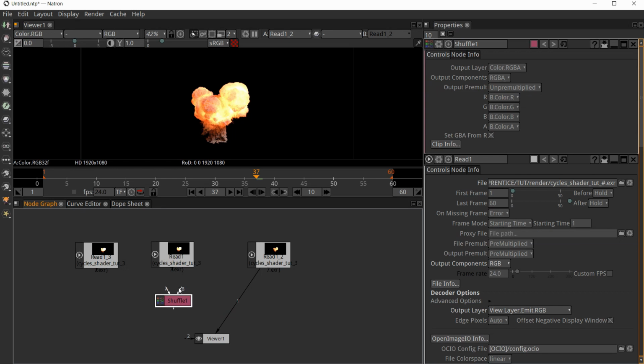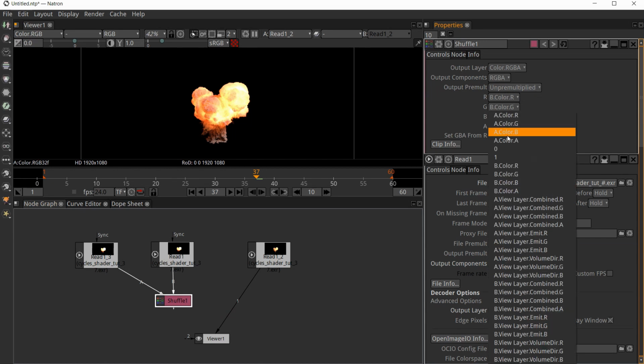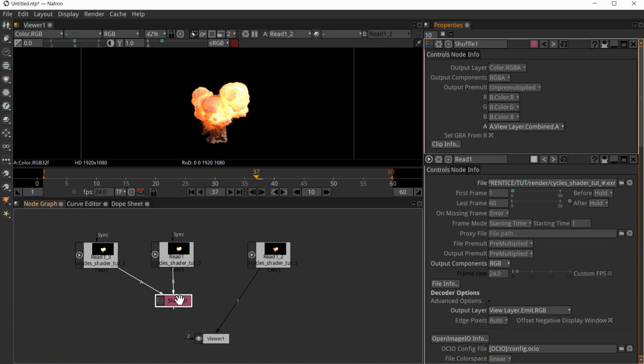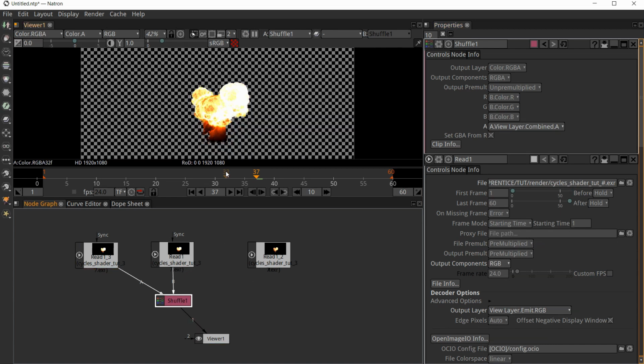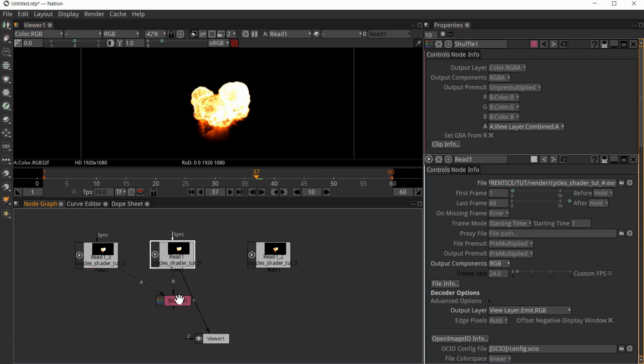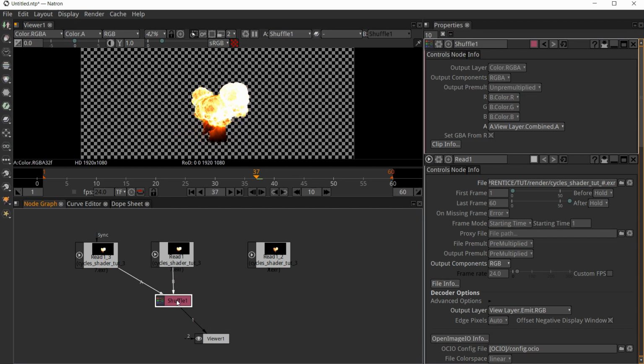And I think A goes there and B goes here. And double click, and I'm going to say alpha is coming from our combined layer. All right, now if I connect this, there you go, we got the alpha. That one and the alpha. Okay, good. So I'm going to do the same for